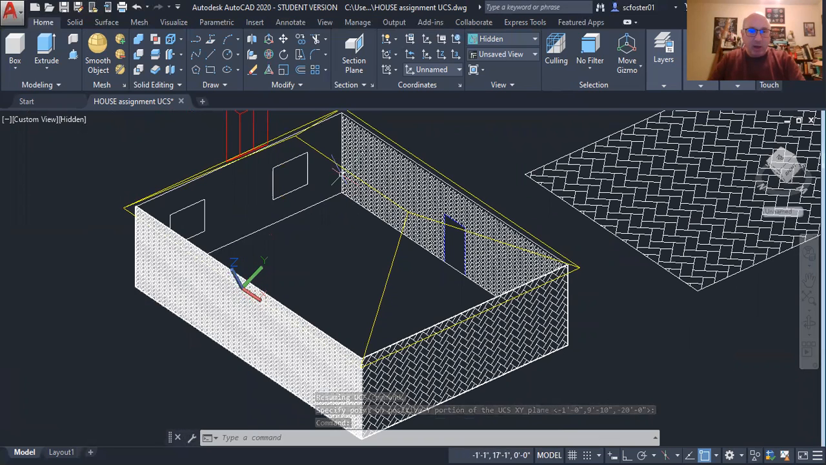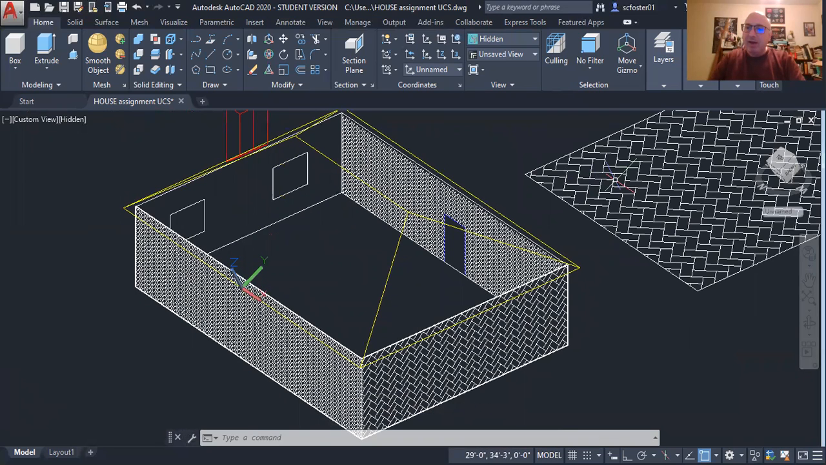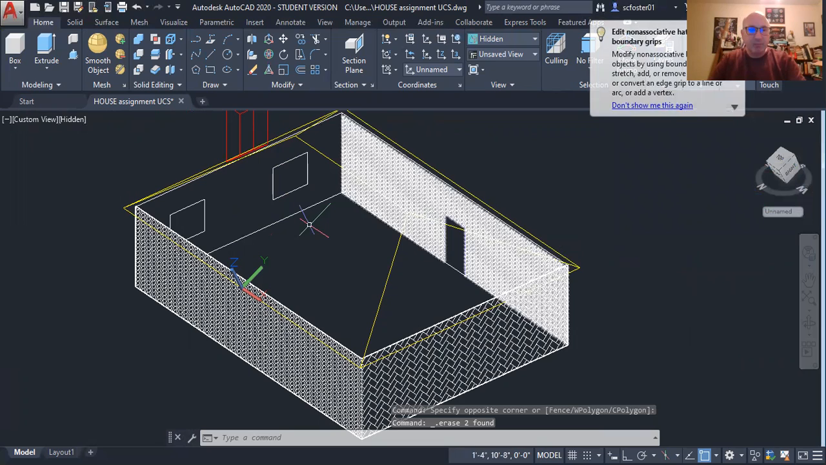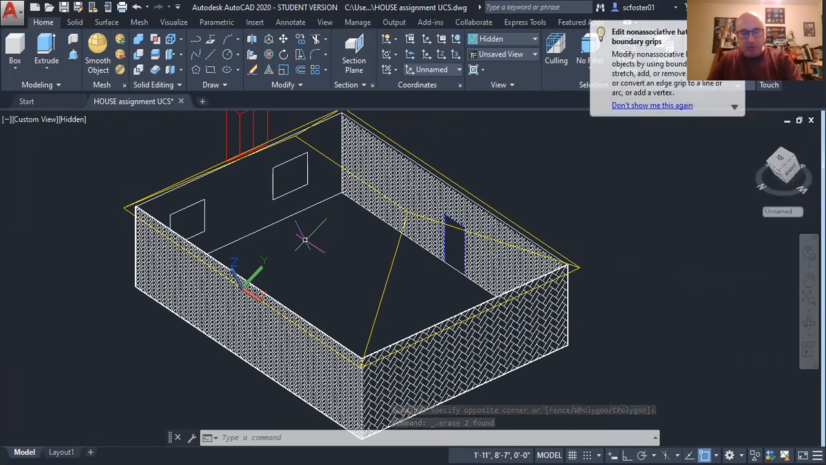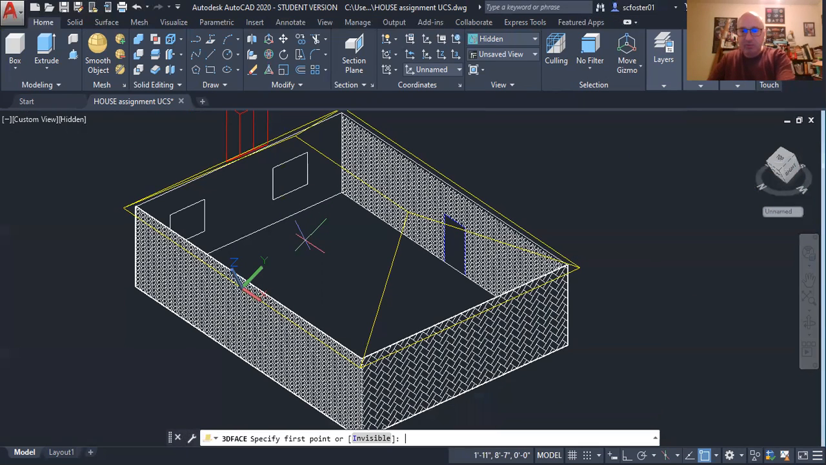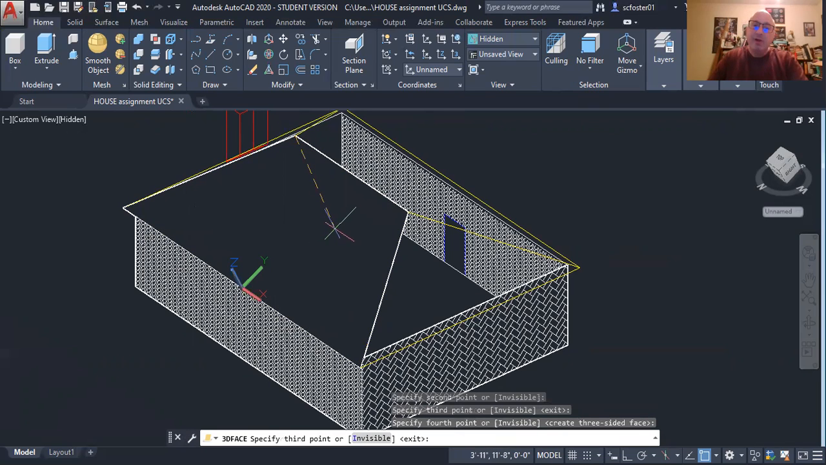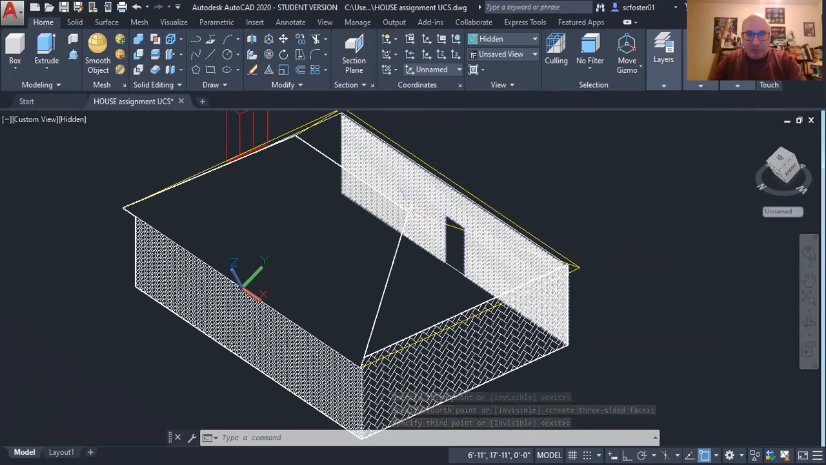So now notice what happens to my UCS. The X and Y line up with this plane, and the view cube is changed. And erase this driveway just to make it a little easier to see. I'm going to put a 3D face. I'm going to go from the bottom corner of the roof overhang. Okay, so there's my 3D face,